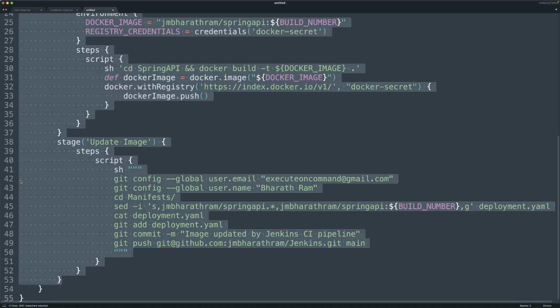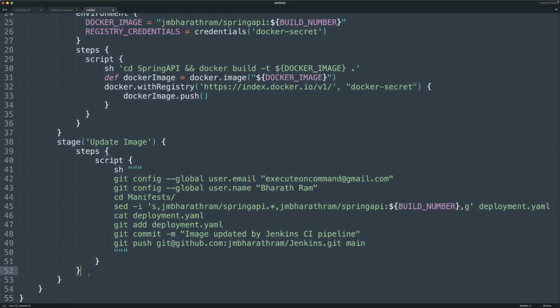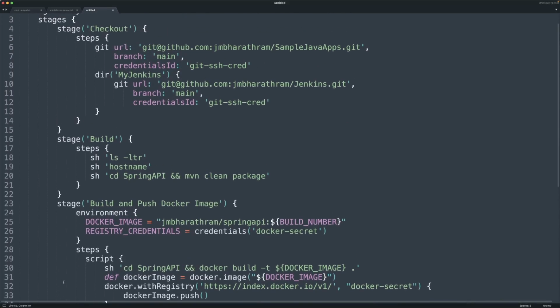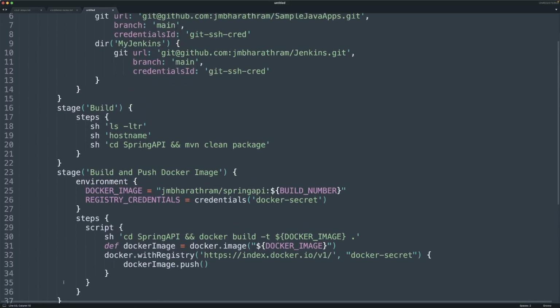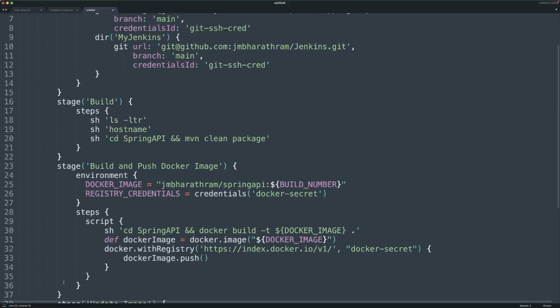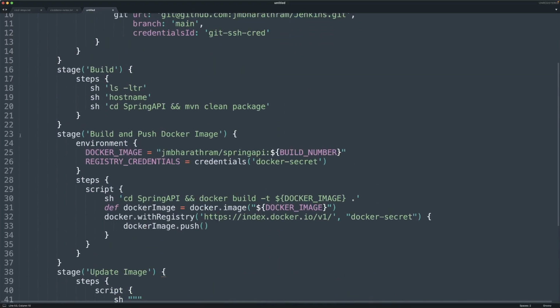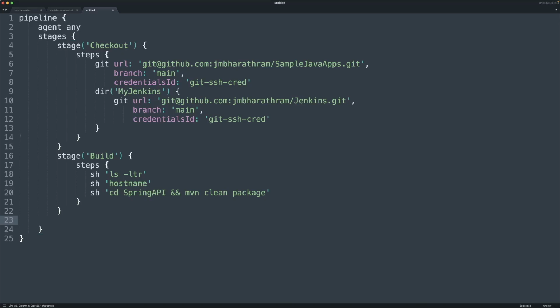That's the way to actually build a pipeline. You don't write all the code at once, throw it in your pipeline window, and just expect it to work. You build it one by one. So let's include one more stage called build, and what this is going to do is go into